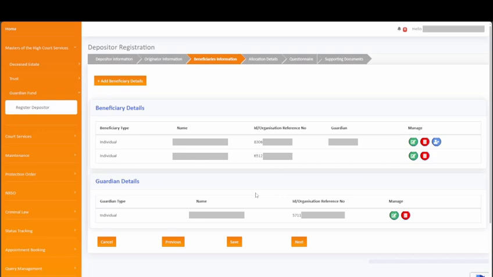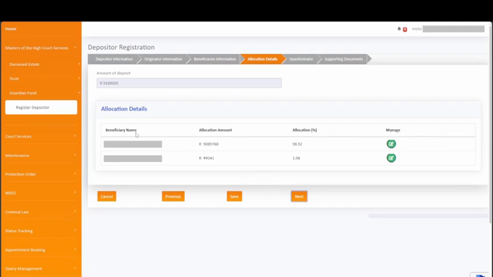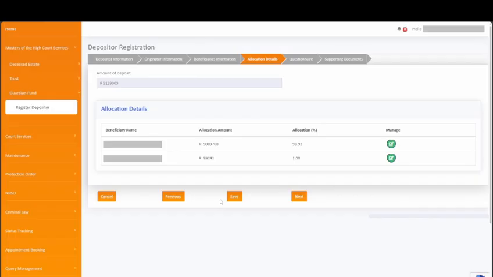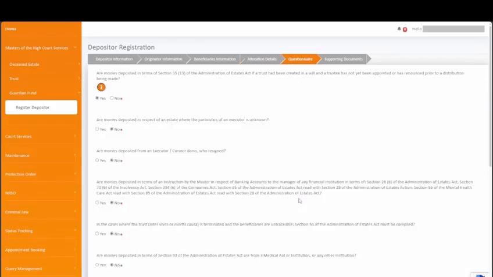Once you are happy with the beneficiary information, simply click on Next to be navigated to the Allocation Details section. You will notice that the allocation of deposit amount is grayed out and the total will be auto-populated from the beneficiaries added. The allocation details grid is populated with the beneficiaries that are added with the system-generated allocation % reflected in the grid. To edit any information, simply click on the green edit icon, and you can adjust the allocation amount if required. Once you are happy with the allocation details, simply click on Next to proceed and be navigated